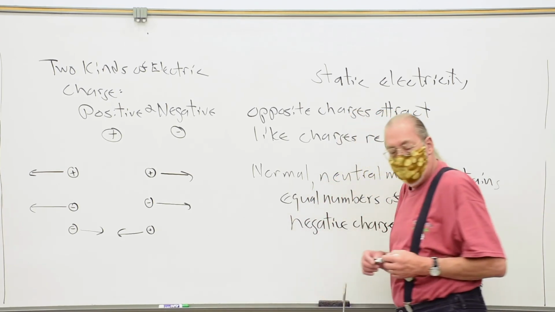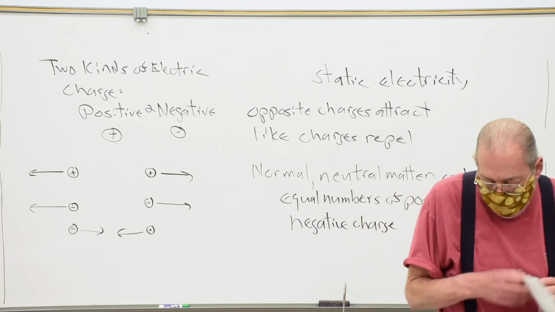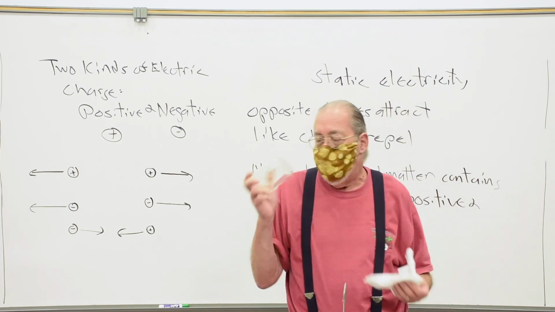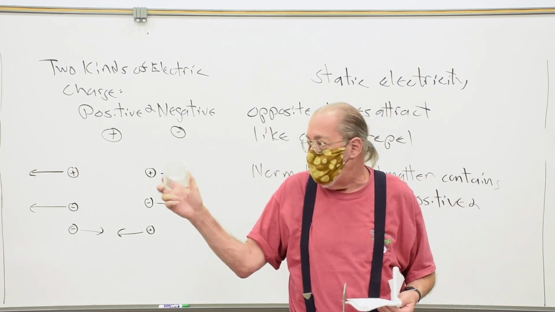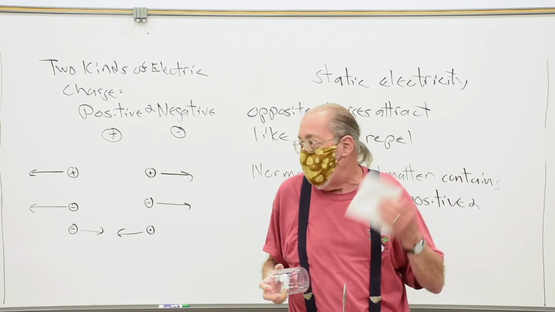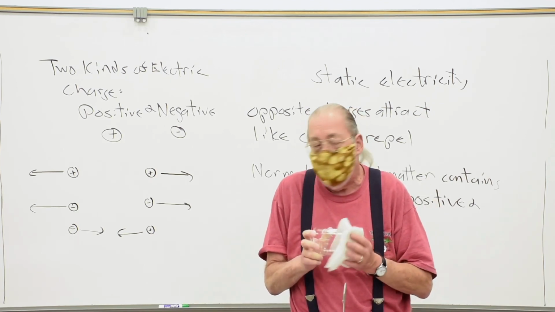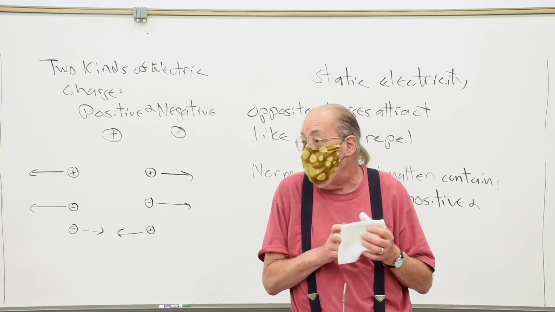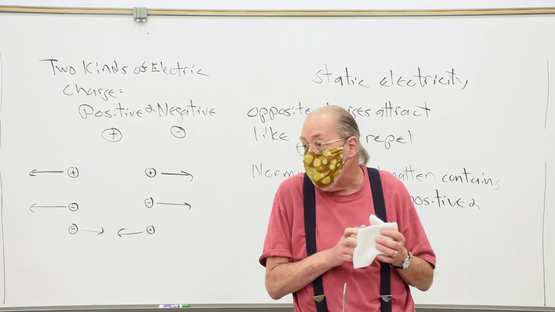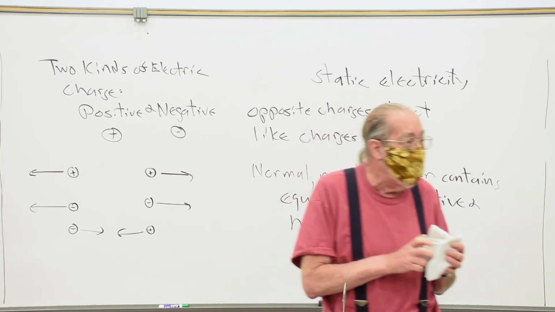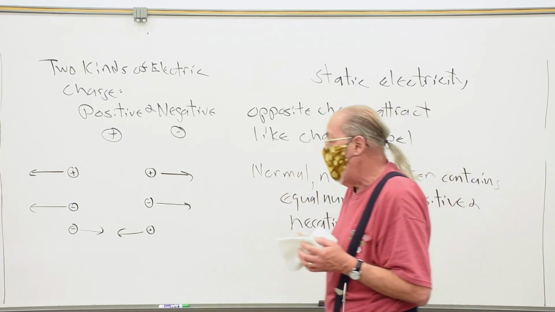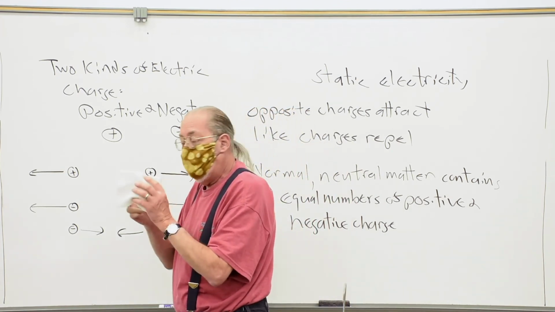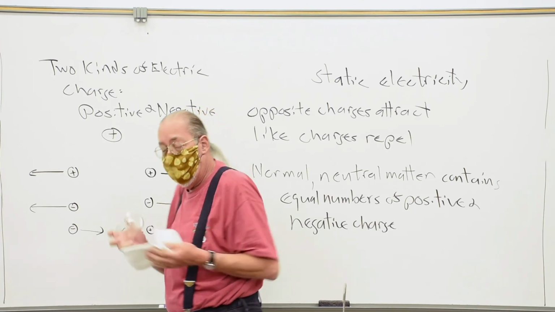And what happens when you rub the object, so that the glass contains equal numbers of positive and negative charges, and so does the rag. When you rub this, you can actually transfer electrical charges from one to the other, leaving an imbalance. It turns out it's usually the negative charges that get moved around, but not always. So when I rub this, I actually transfer negative charges from one to the other.